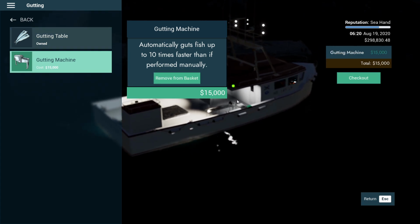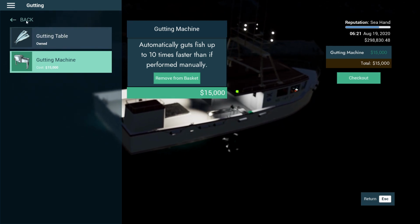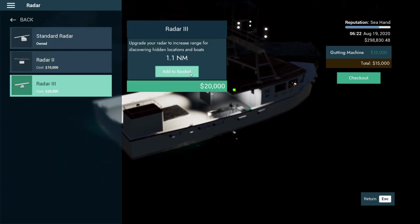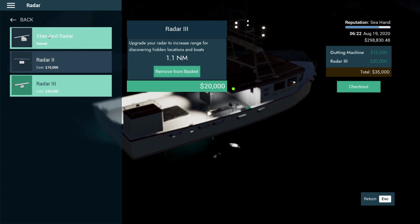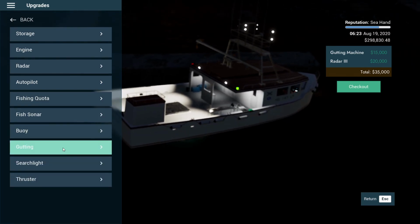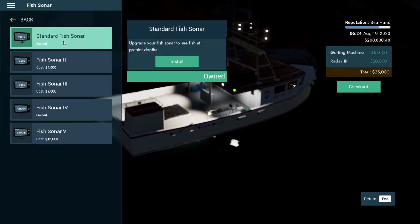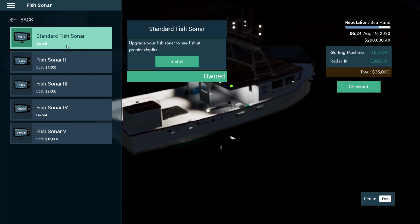I wanted to add myself a gutting machine. And I wanted to add myself a radar as well. So upgrade that radar for starters. Let's see. Gutting, buoy, fish sonar. We're actually on that one at the moment, which is probably okay for us, just purely because